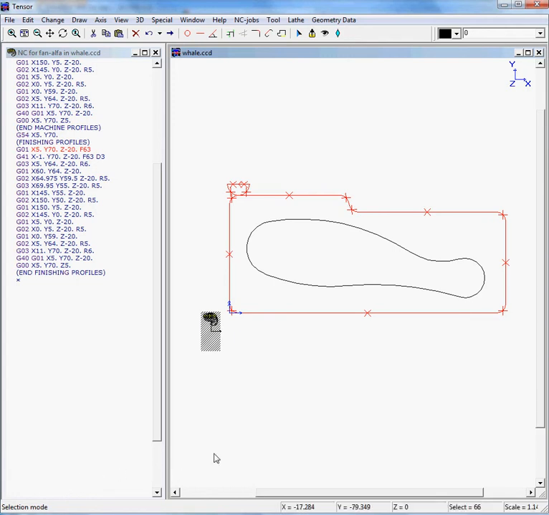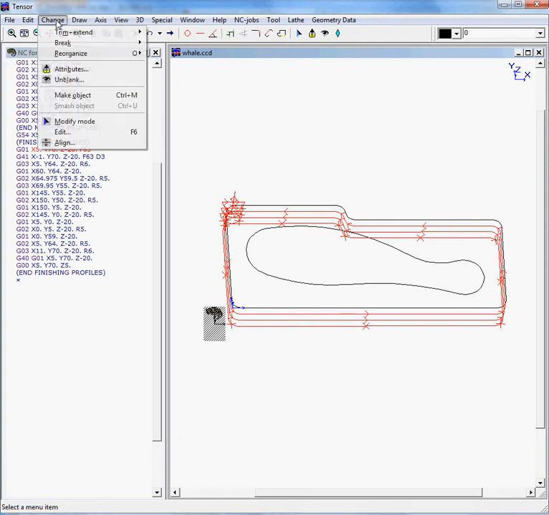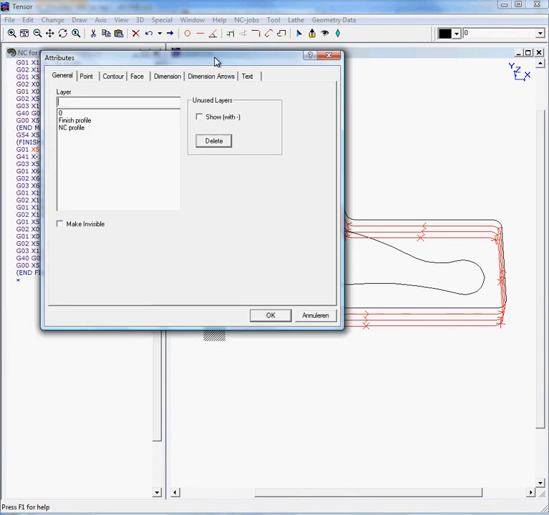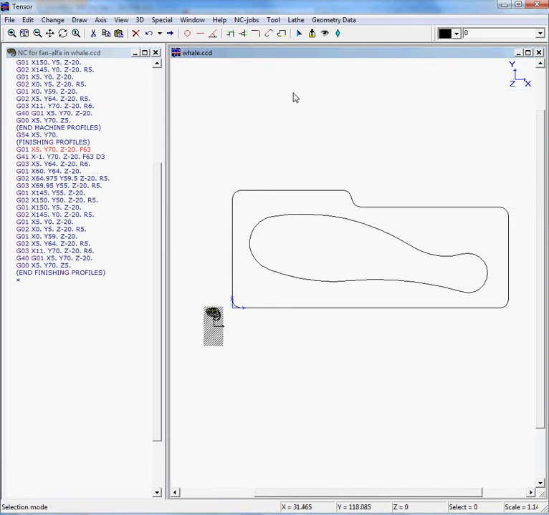This here will be an example of how we can remove material from a stock material to a certain profile. So we need to remove all this material. We had a previous job to profile this contour, so we can blank the NC path of this previous job. Okay, and we'll move back to a top view, and we will select our profile and select our raw material,